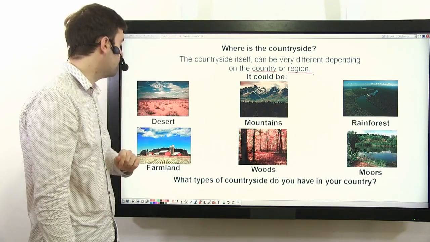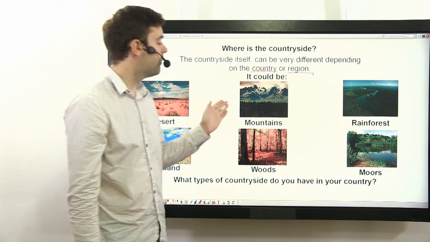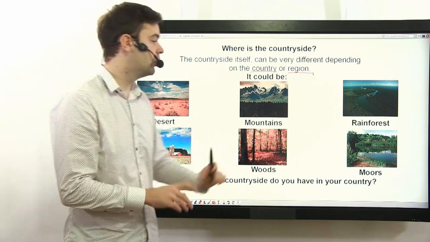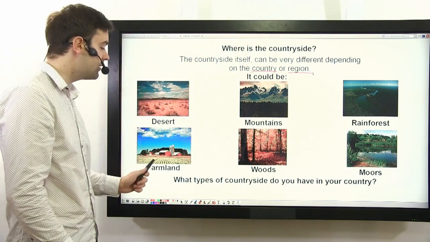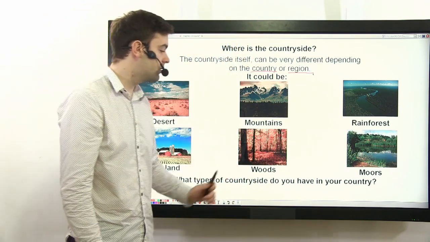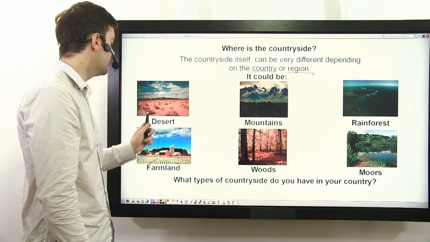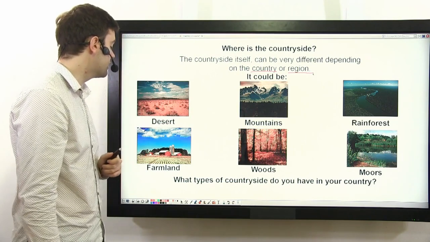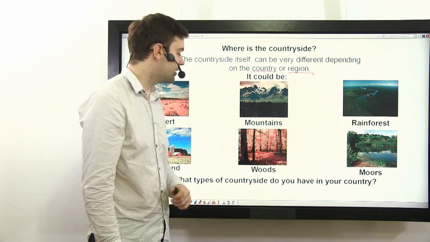The countryside could be desert, mountains, rainforest, farmland, woods, moors. Desert, D-E-S-E-R-T, desert. Mountains,